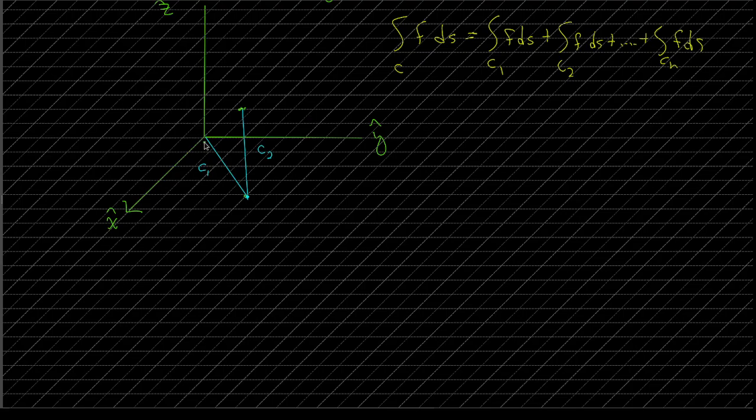And so in this case, we're going to move across C1, which is a vector here. And let's see, C1 we can define with the parameter t. Let's see, as our x value changes, our y value changes. So we'll do t i hat plus t j hat and 0 k hat as our parameter goes from 0 to 1, and C2